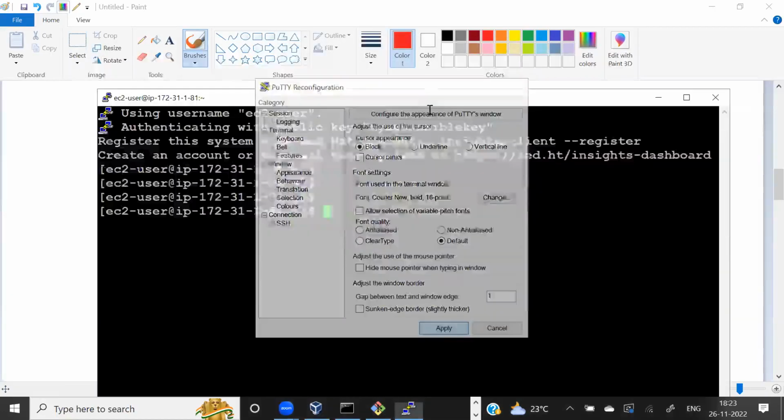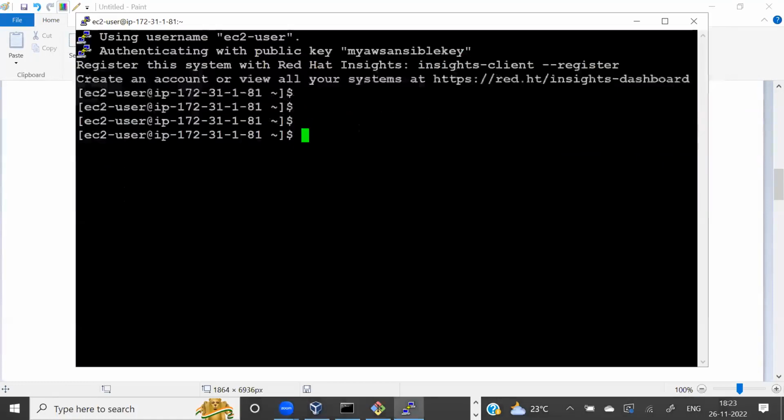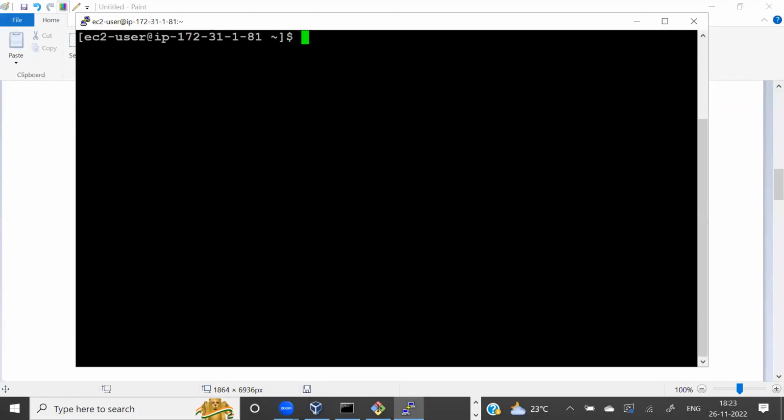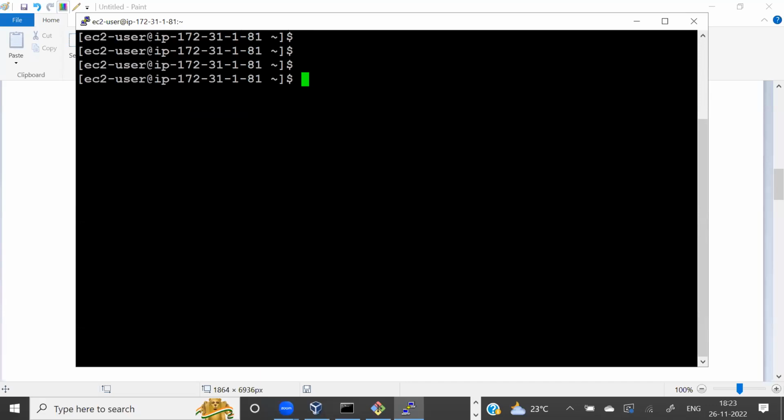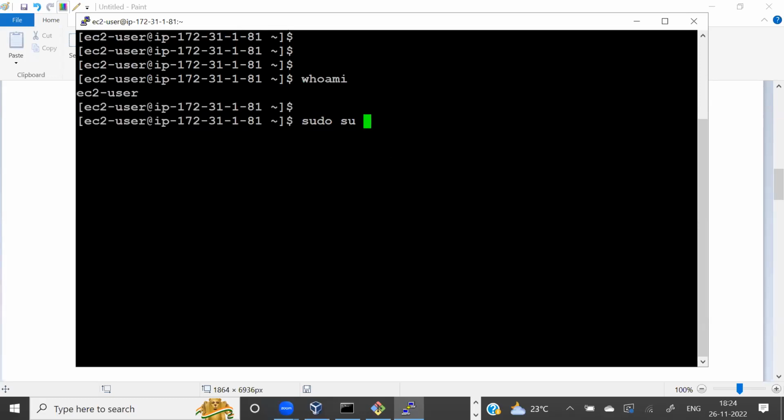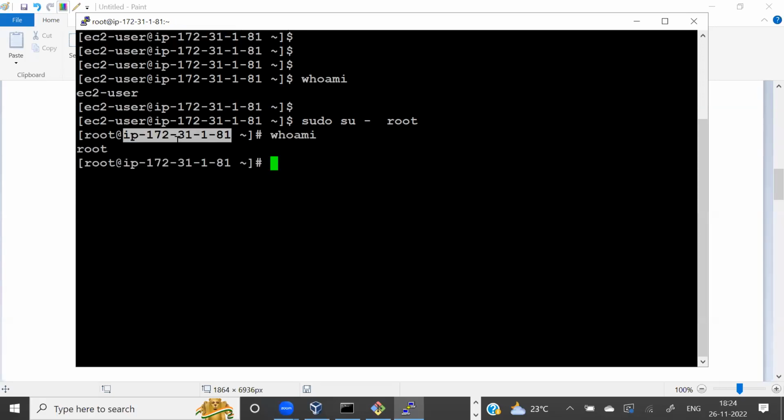Okay, now it's clear. Okay, so let's start, guys. Ansible. So this is Red Hat version 9. And I want to do something. I have to log in with the admin account of the Linux. So for this, we can use sudo -root. This is how you can log in to the admin account. This is called the root account in the Linux system. Okay, so now from here, we will start our things.